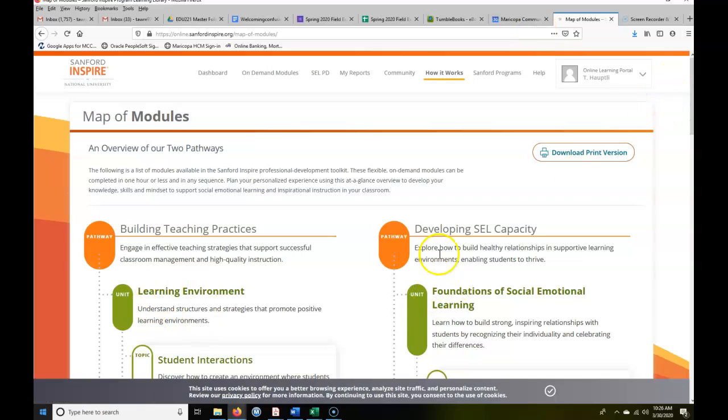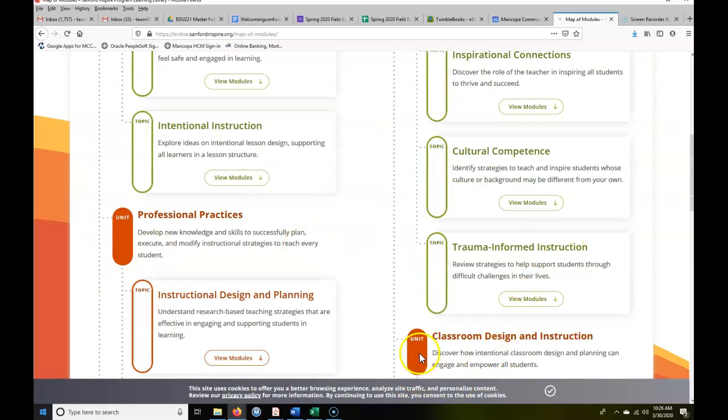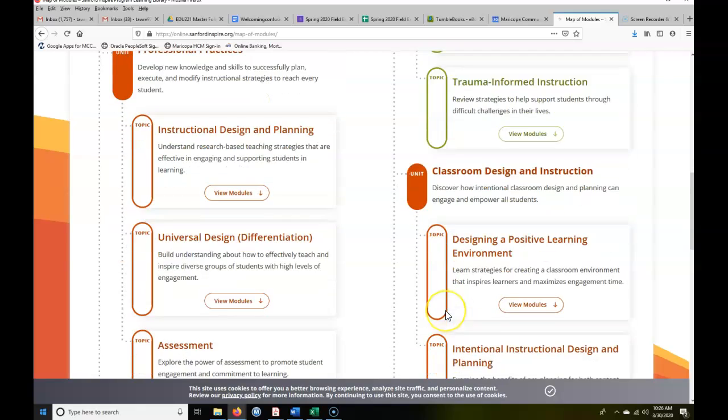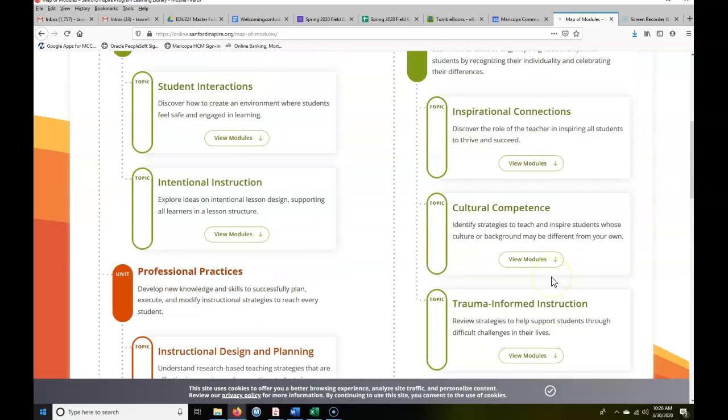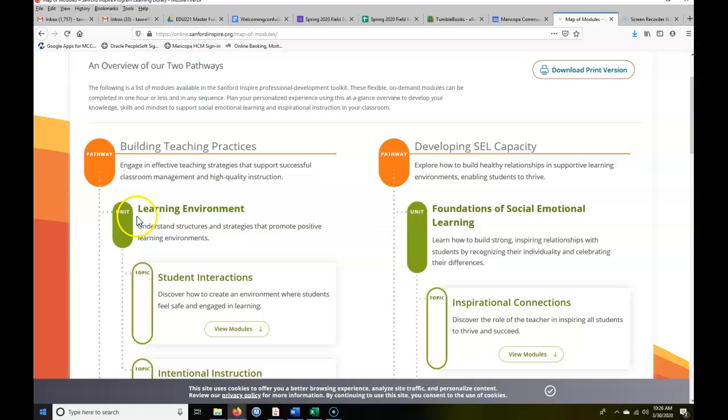So there are pathways, 1, 2, 3, 4 that are orange for pathways, and then there are two pathways that are blue. Now, in each pathway, you have a variety of units and then topics. So in the document that I uploaded,